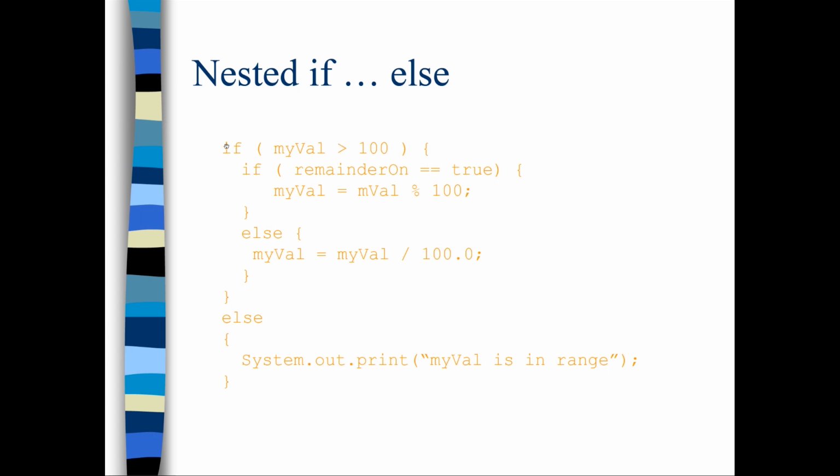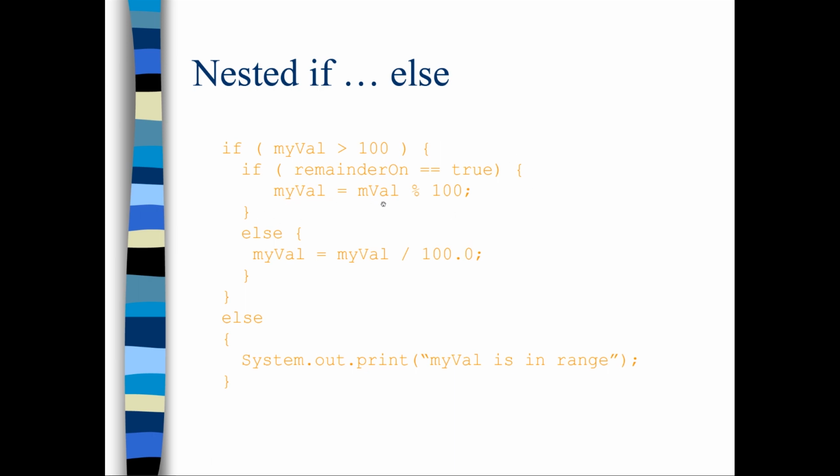If it is false, it will jump directly to its corresponding else block. So if this is false, it will print my value is in the range. If it is true, it will come inside this if block, and again this condition is checked. Consider there is a variable declared remainder above these lines, and it is a boolean variable, so if this expression evaluates to true, then this condition is executed,